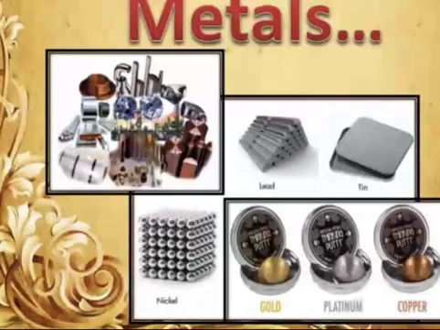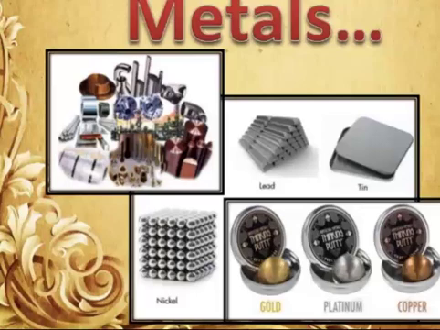Next, we are going to see the occurrence of metals. Listen children, very few metals such as gold, silver, platinum and mercury exist in nature in the free or native state. These metals are also called noble metals and are not very reactive. Most other metals are more reactive and occur in nature in the combined form as compounds such as oxide, carbonate, sulfide, etc. These naturally occurring compounds of metals are called minerals. So a mineral from which a metal can be extracted conveniently and profitably is called an ore.